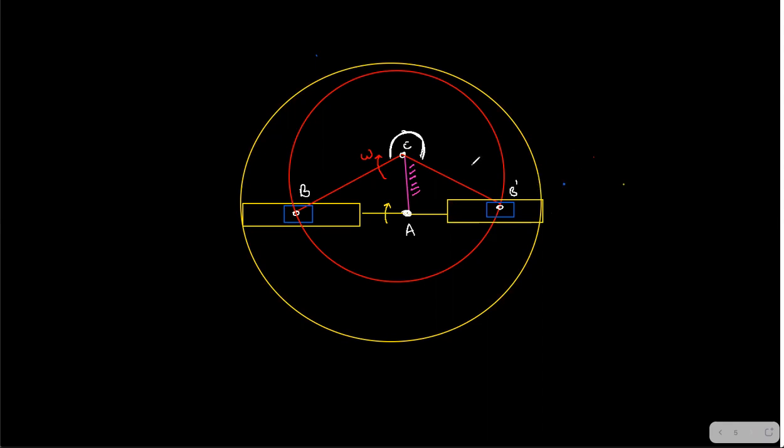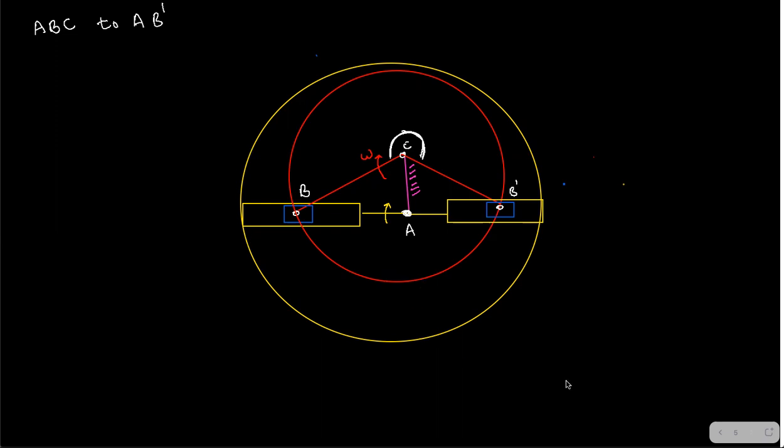So now you just imagine and let me know, while it is rotating from A, B, C to A, B dash. About C it is rotating.